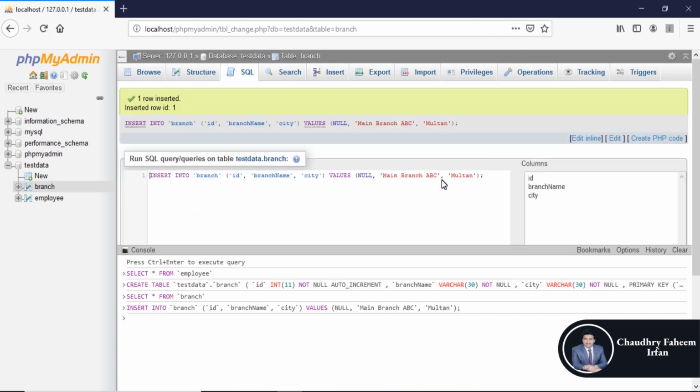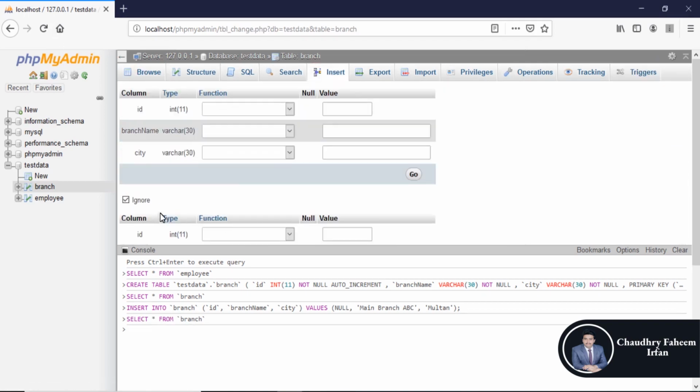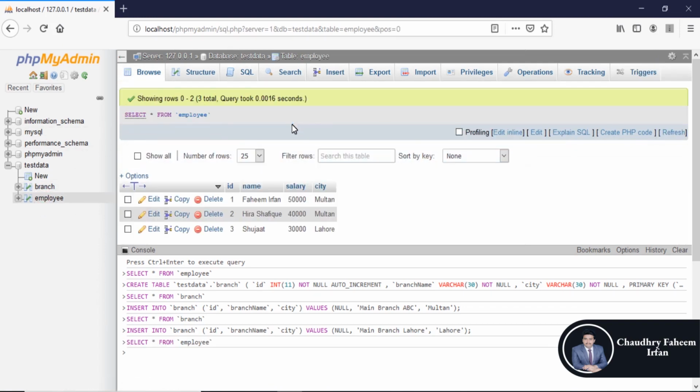Save the record. Insert another record into the branch table, main branch Lahore, and city is Lahore. Insert the record and go to the employee table.